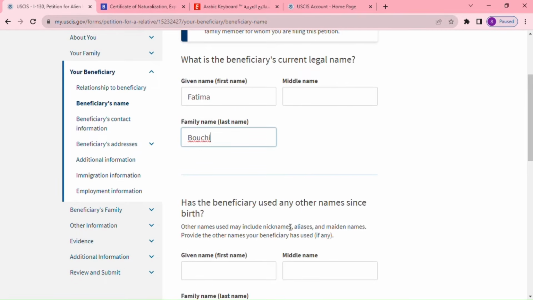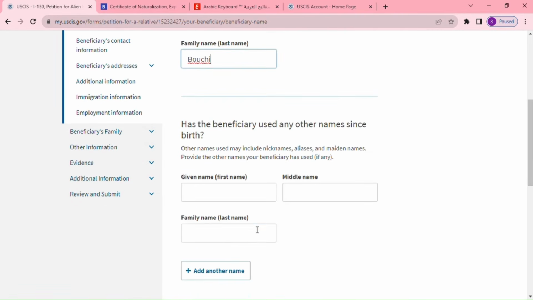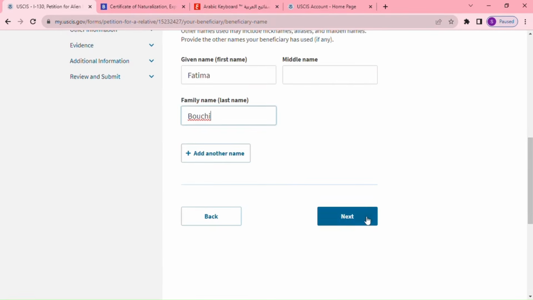Has the beneficiary used any other name since birth? No. This is what I did for mine. A lot of people keep them blank, but this is what I did for mine. I did the same thing. I keep Fatima, same name, and then Bushi as last name, and I kept the middle name empty, blank. So next,